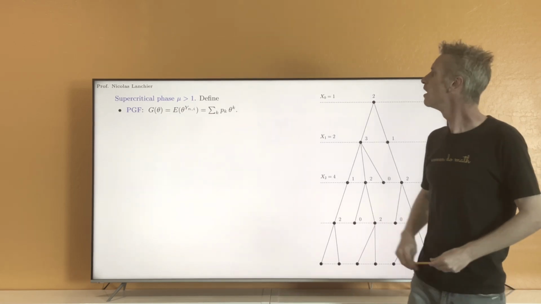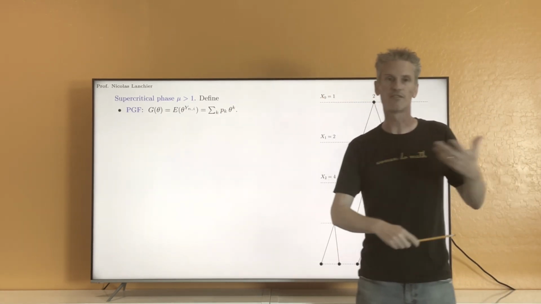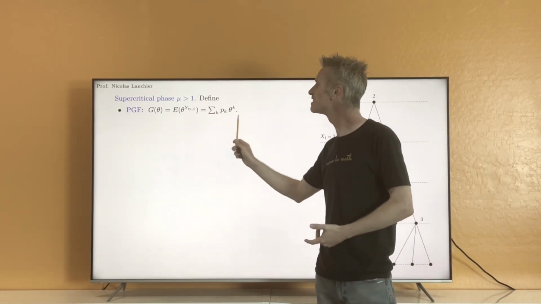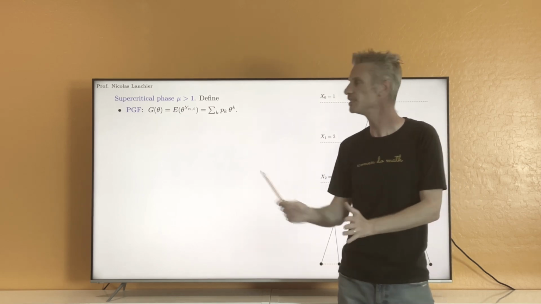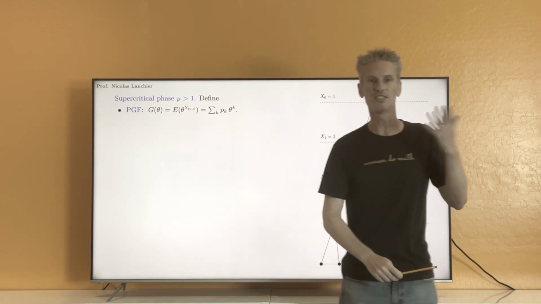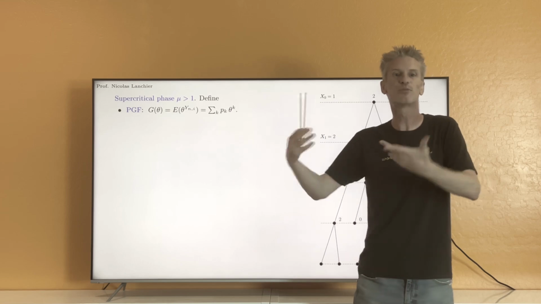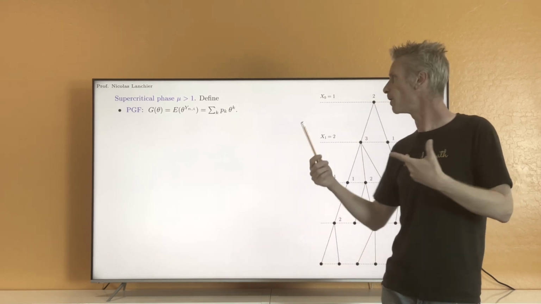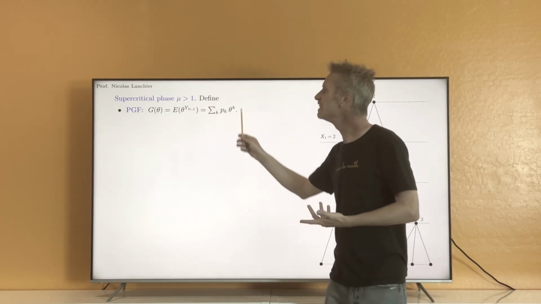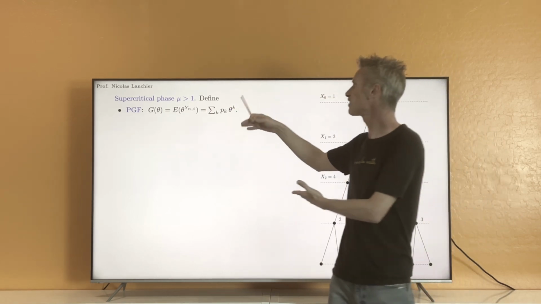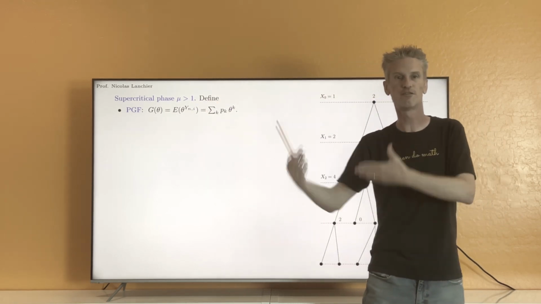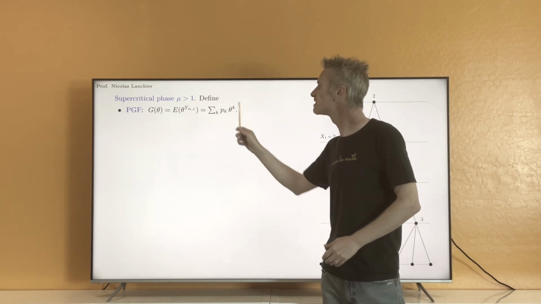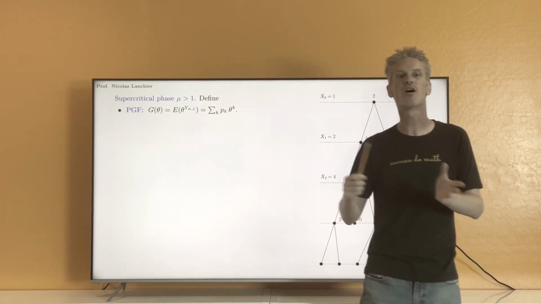Okay? So depending on the choice of the p_k, it's possible that this sum in fact is finite, in which case this function is just a polynomial. But a priori, it's possible that all the p_k are positive. And in this case, you have an infinite sum here. So that's some kind of generalization of the notion of polynomial. And this type of function is called a power series.